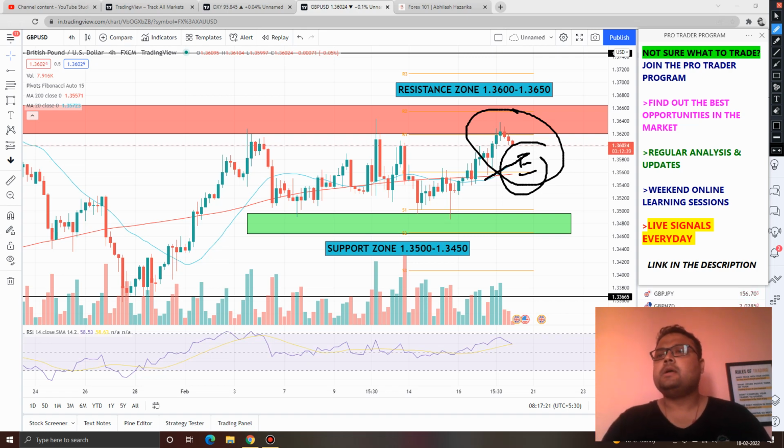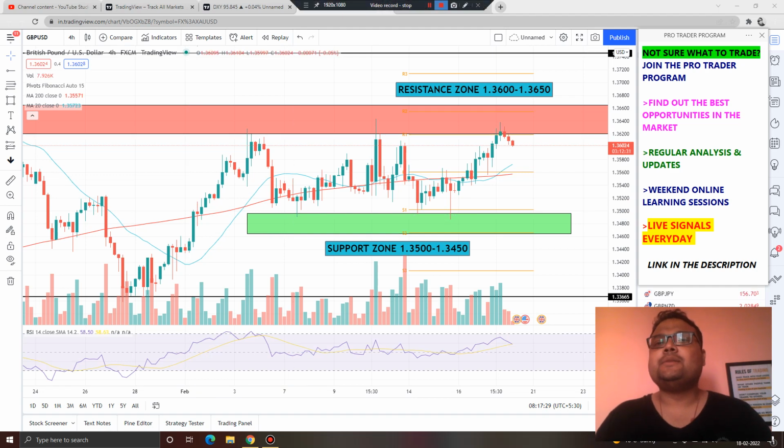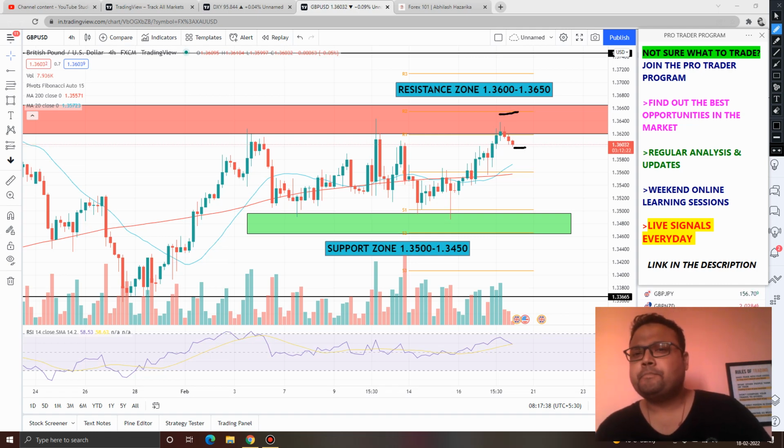Clear? On the other hand, if you have missed the opportunity like me, then yes, you can also take a sell position right now, with your stop loss above these levels. Your stop loss will be around 50-60 pips. If you still want to take a position, you can, but keep in mind, my dear friend,